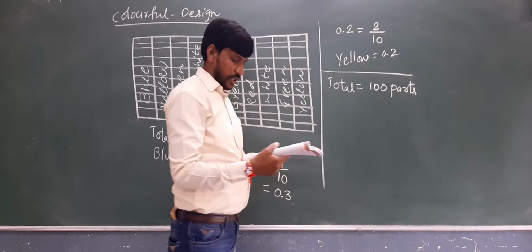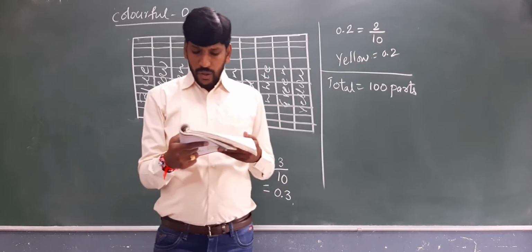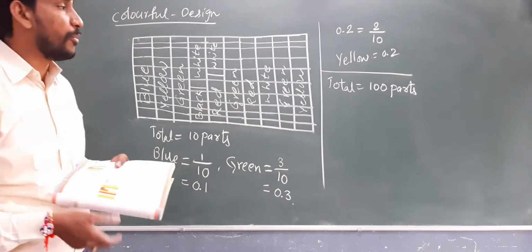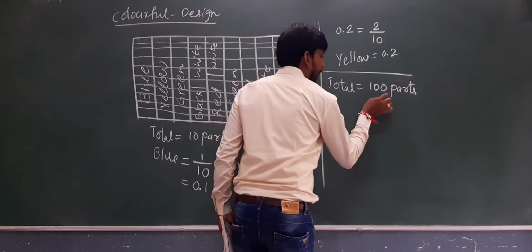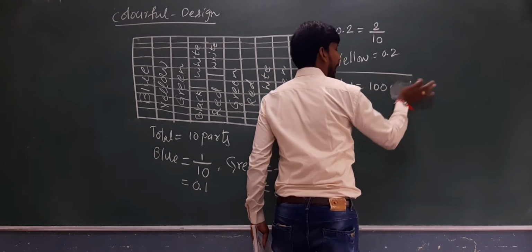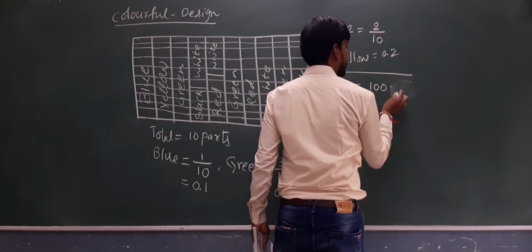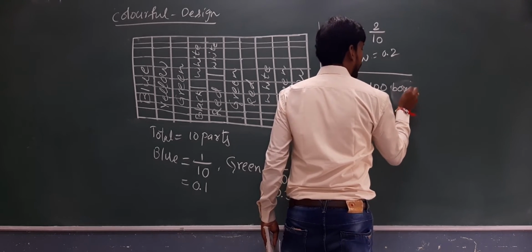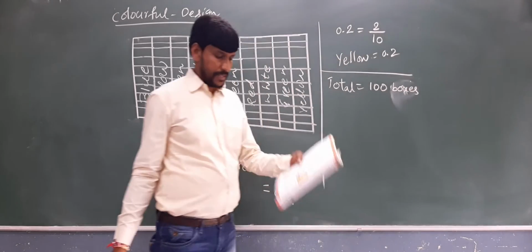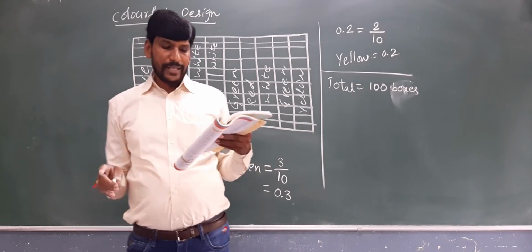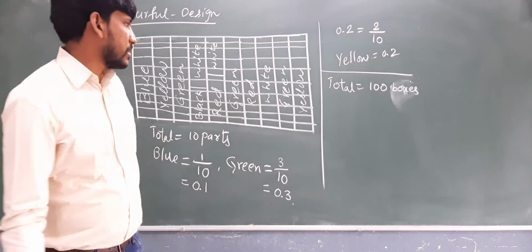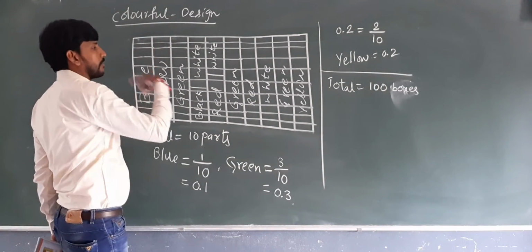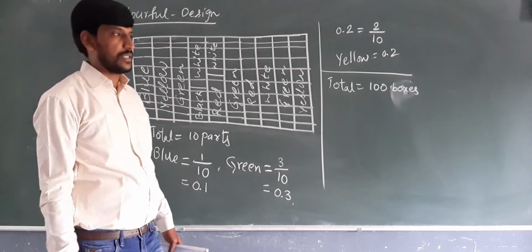Now see this here. You went to 10 equal boxes. How many boxes are there in all? 100 boxes. Write down boxes here instead of parts. 100 boxes. So they divided it into totally 100 boxes. Now each box is 1 by 100 part, because I am taking only one part. One is nothing but 1 by 100 parts.